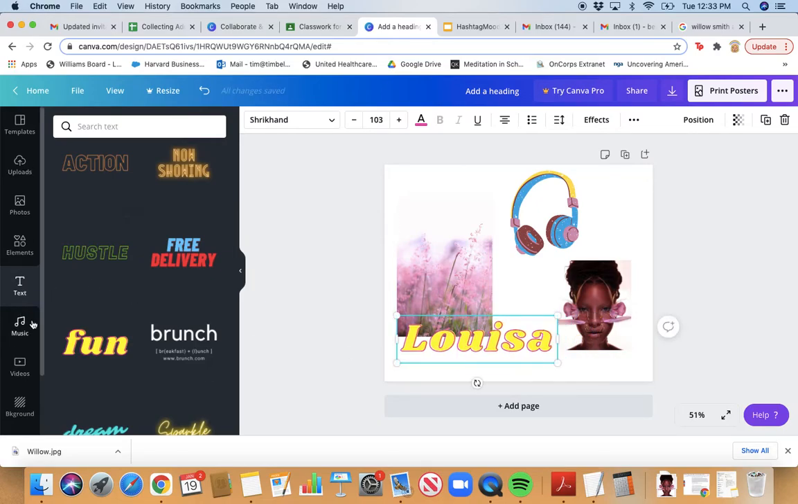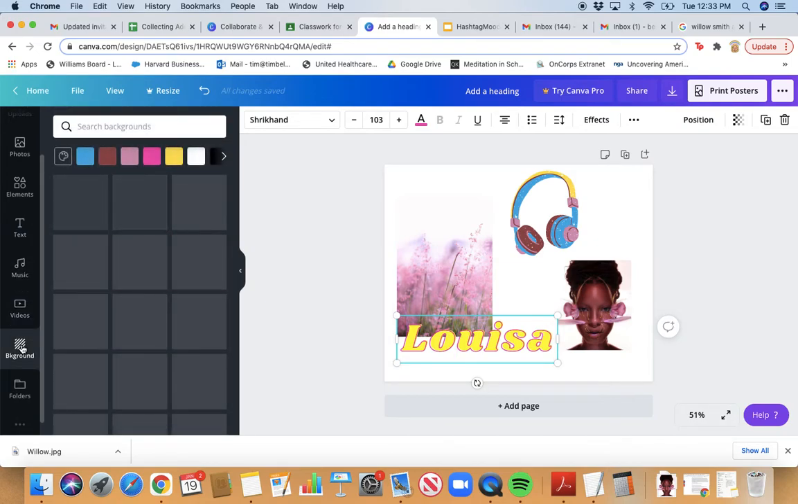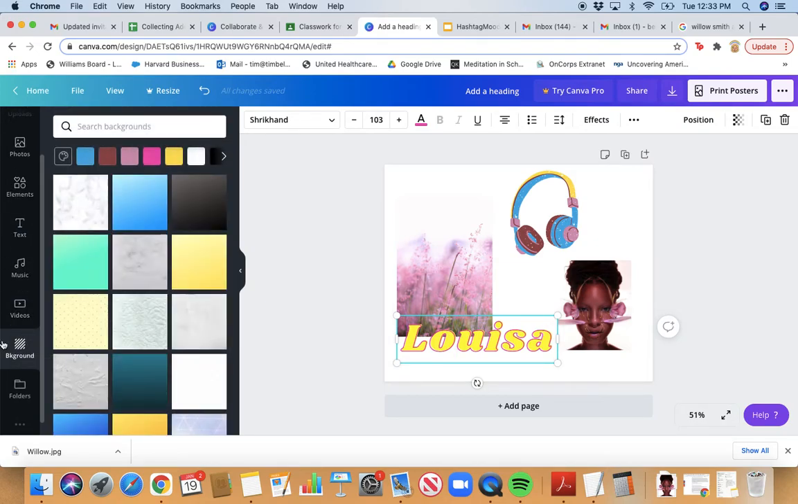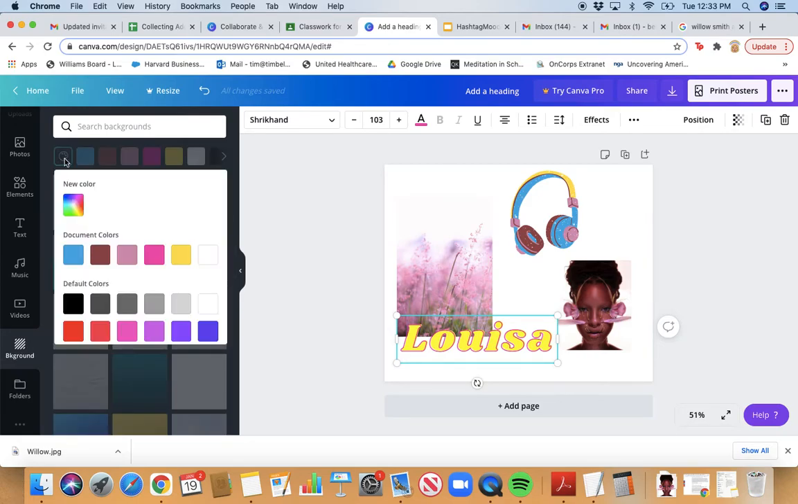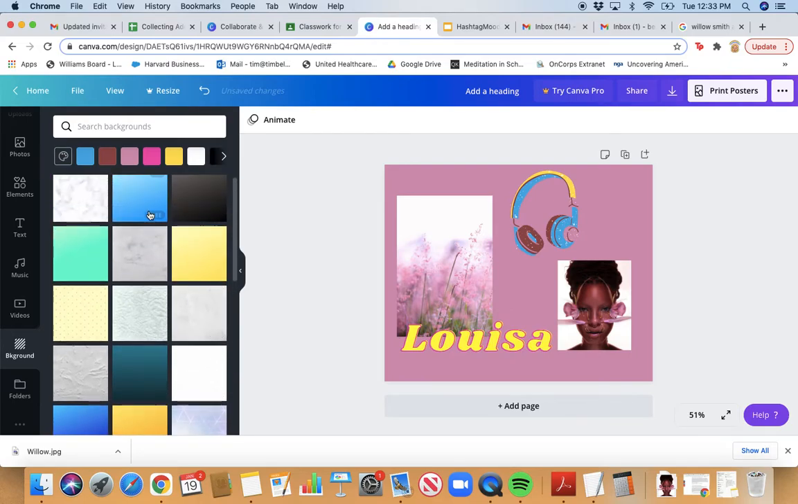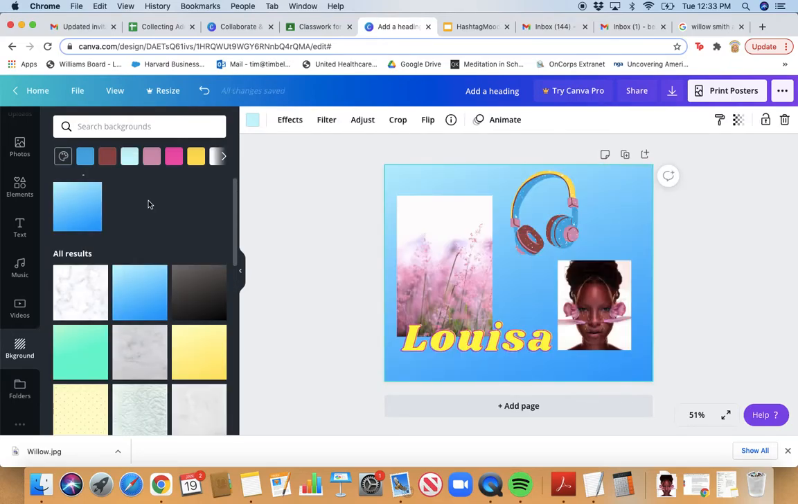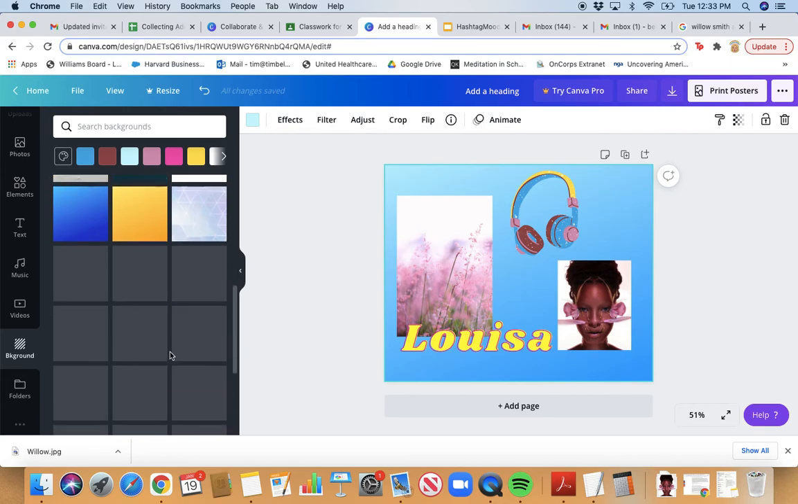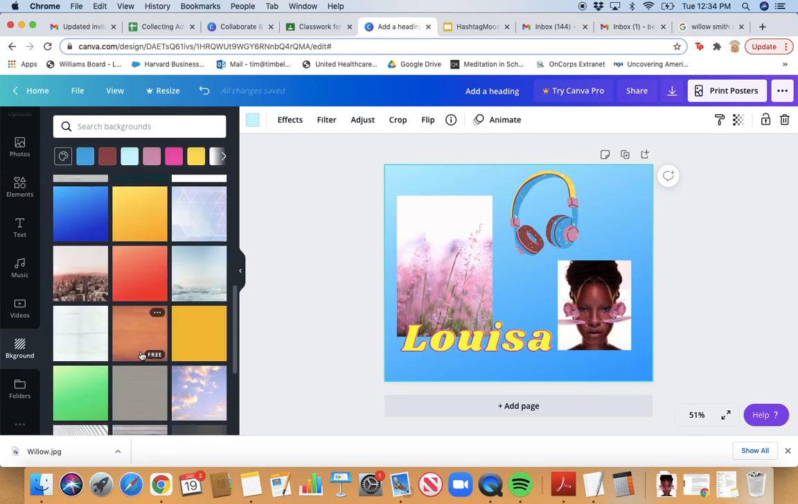Another thing that you can do is add a background color. On the left-hand side where it says background, you can click on that and you can make your own color. Or you can choose a color that's already there. And once you are feeling done and ready to turn it in,